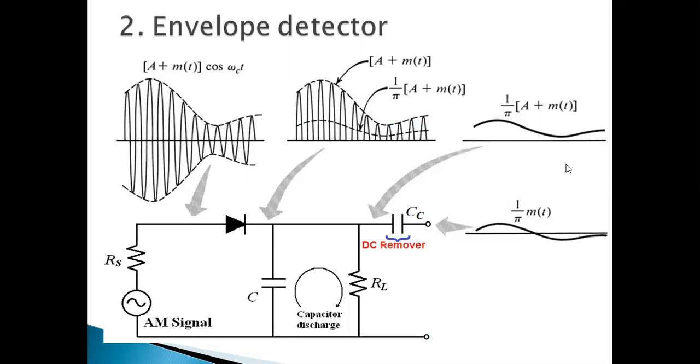That is, RS into C is very much less than 1 by FC. So RSC is the time constant, and the charging time constant RSC must be less when compared to